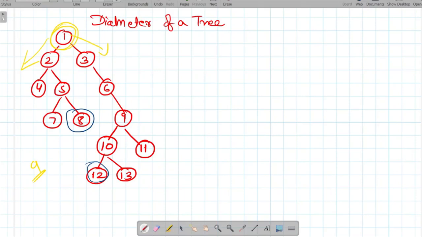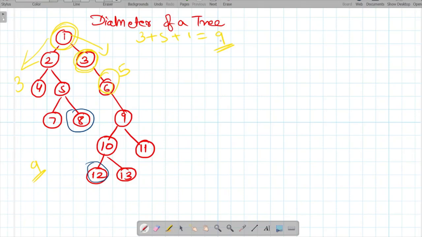If we calculate the left height, we will get 1, 2 and 3, and if we calculate the right height, we will get 1, 2, 3, 4 and 5. Then we will do 3 plus 5 plus 1, which is 9. This way we have calculated the number of nodes between two leaf nodes on the largest path. But we have done this only for root 1. Similarly we have to do it for node 3 and for 6. Means for every single node we have to do this.